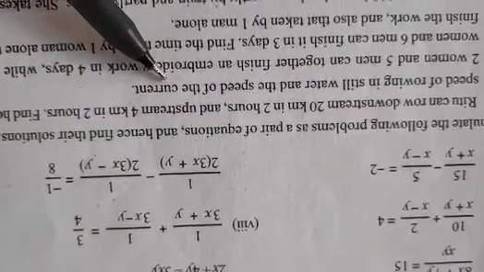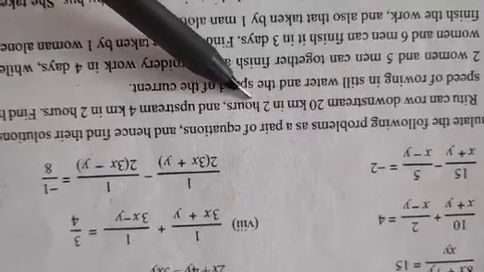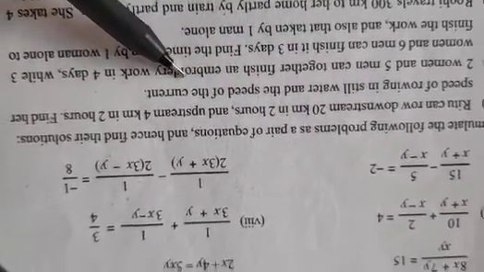Now this sum is based on science. Speed is distance upon time. That formula is used over here, where this is the distance, this is the time, and speed you have assumed. Okay? So, how will you work out? Here, the speed of the boat in still water be x kilometers per hour. Speed of the stream be y kilometers per hour.